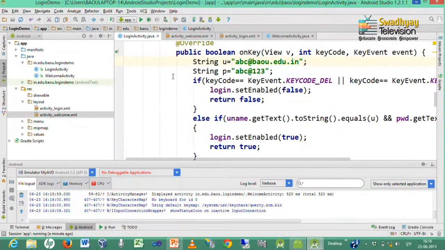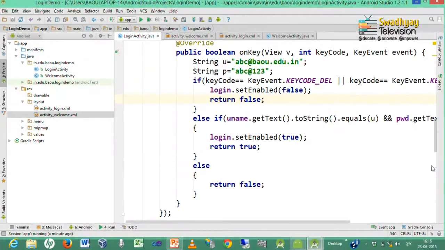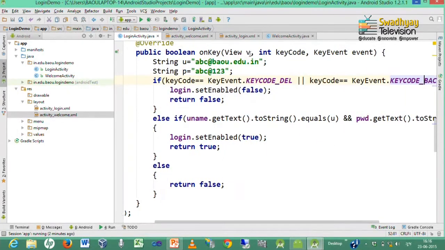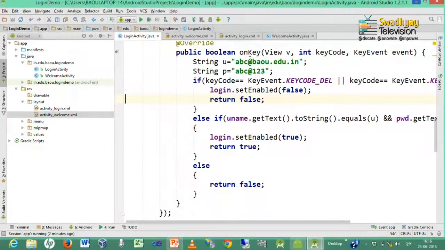Here we have modified our code a little bit. Here we write inside onKey that if the key code is equal to the delete key, or backspace, then we do not want to consume this event, and we set login to false.